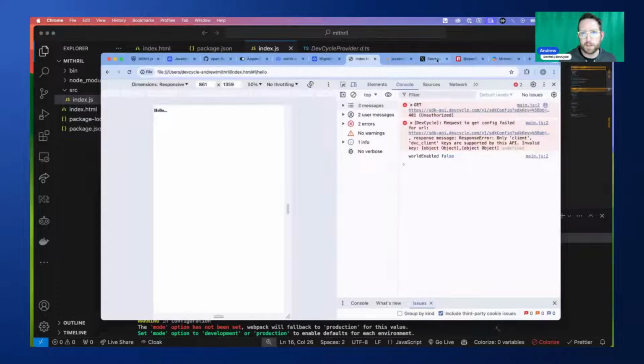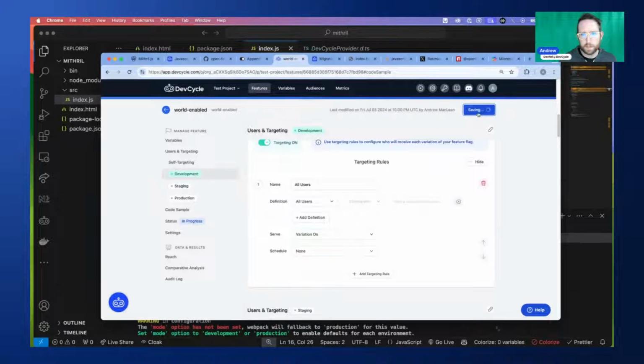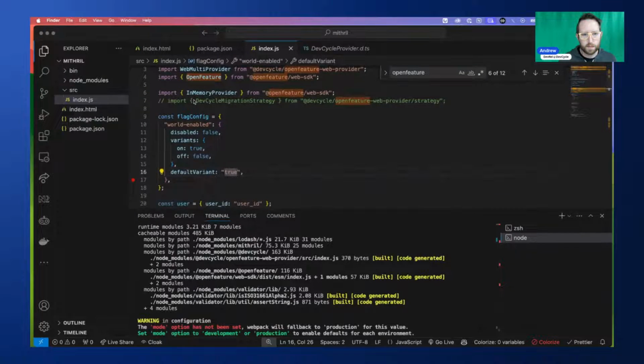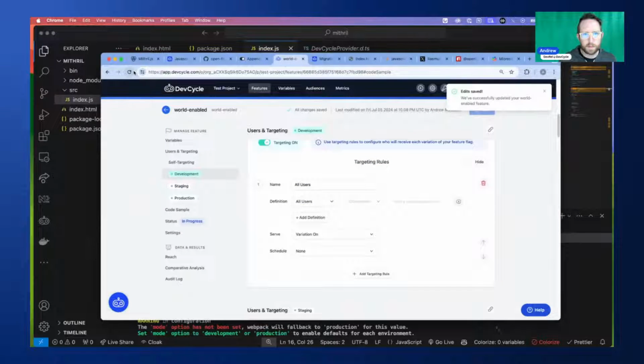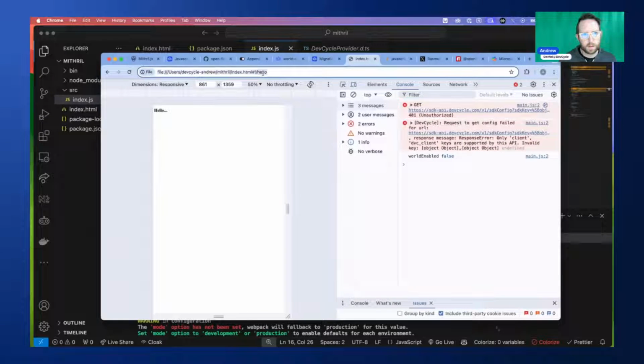Reading from DevCycle, or is it reading from world? Will it work? No, so it's still reading from